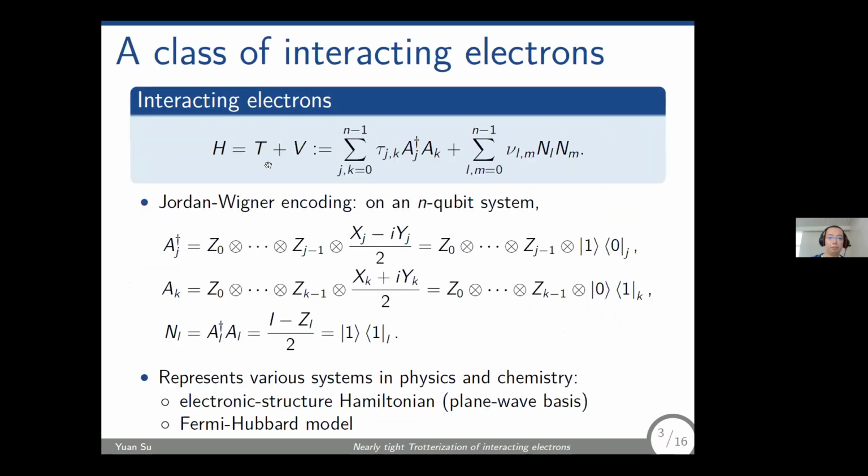Well, the definition is basically given here. You have a linear combination of fermionic operators. But you can map that into a spin model by using some kind of Fermi to qubit mapping. Actually, there's a talk in a parallel session on efficient construction of such mappings. But in any case, if you do the mapping, you get some familiar Pauli operators, and you can just invoke the usual quantum simulation algorithms.